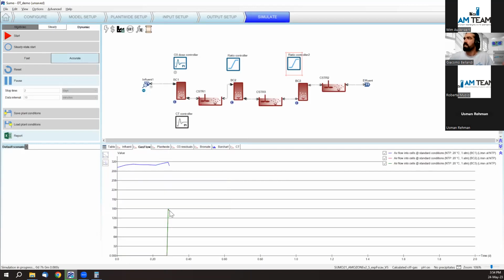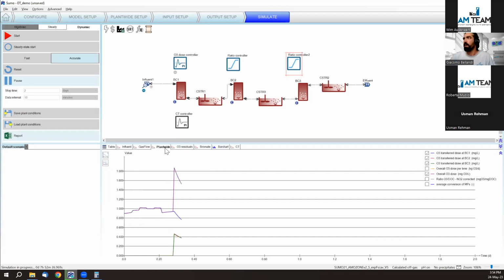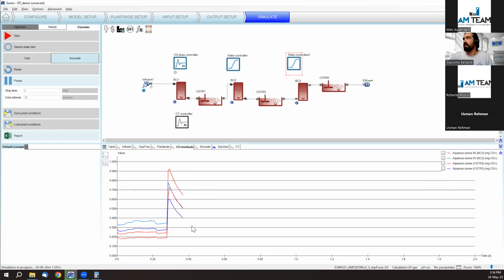It's like switching on the gas flow in bubble columns 2 and 3, right? For a moment we have an overdosing of ozone, and then the controller starts acting on the bubble columns. The gas flow goes down, and we are aiming for the overall 1 milligram per liter ozone dose. The ozone residuals decrease again and go back to normal values, and now the bromate will decrease even further than before,